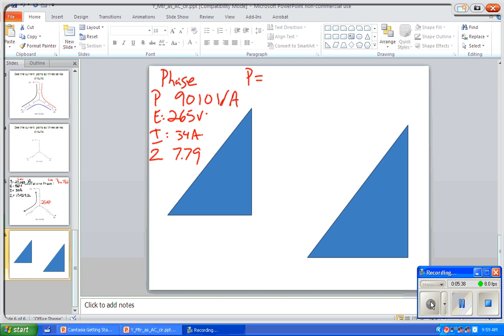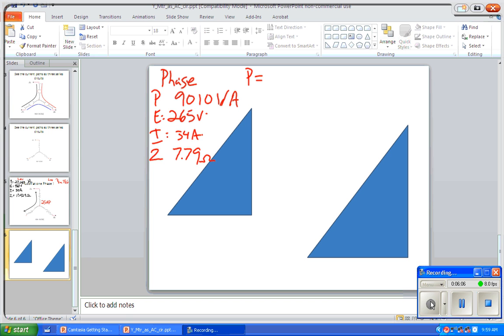Okay. So we have 265 volts on one phase. We know that it's 34 amps is still our current flow. So from that, we can find that our phase impedance, our XL and our resistance together, are 7.79 ohms, right? Everybody agrees with that? Okay. And our total apparent power is